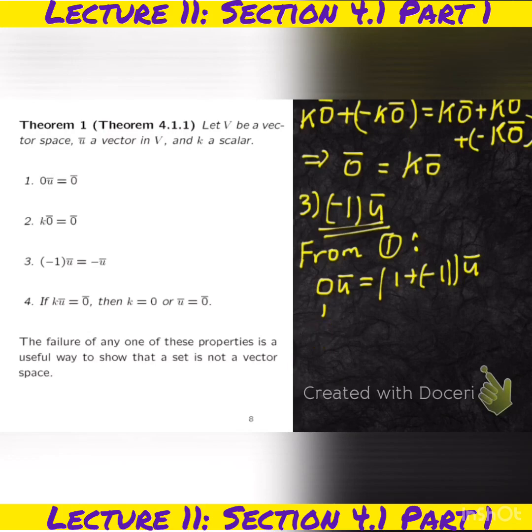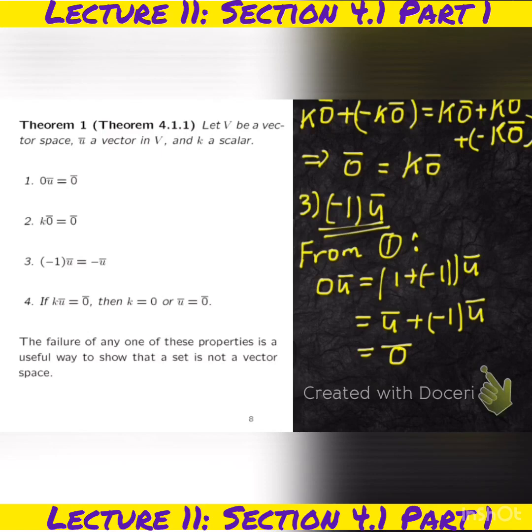Remember that. Then from there we have again the distributive law that holds. So you've got -1u, and that according to 1 is the 0 vector, and the 0 vector